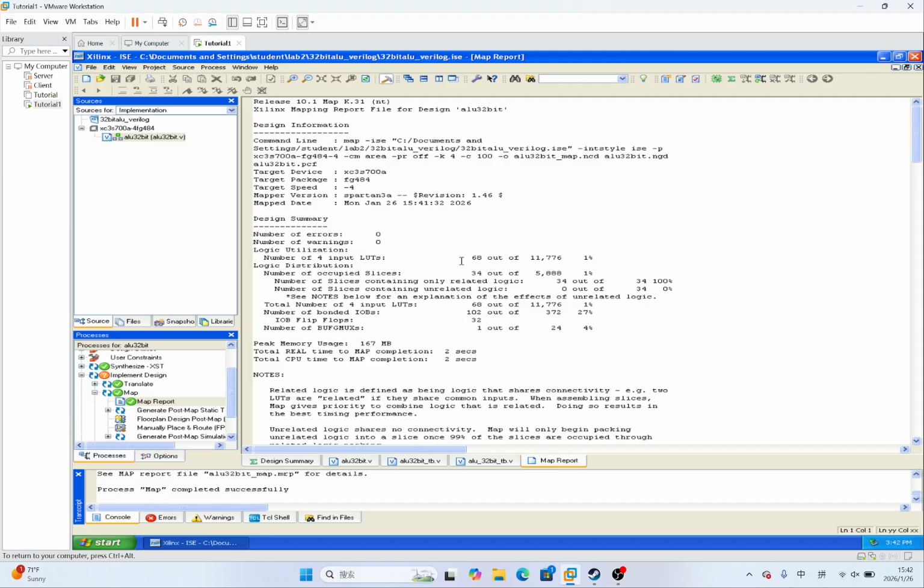We can obviously see that the gates we use in the Verilog version are much fewer than the gates we use in the